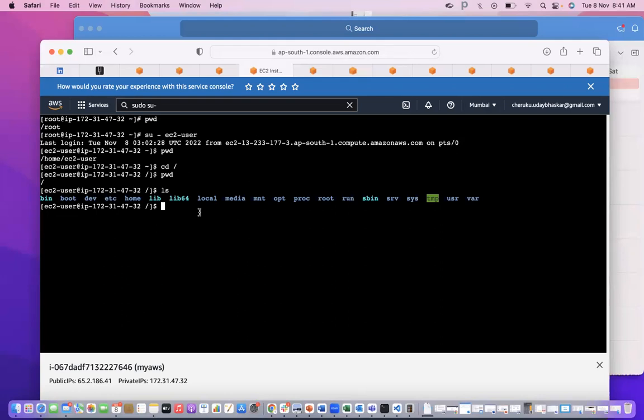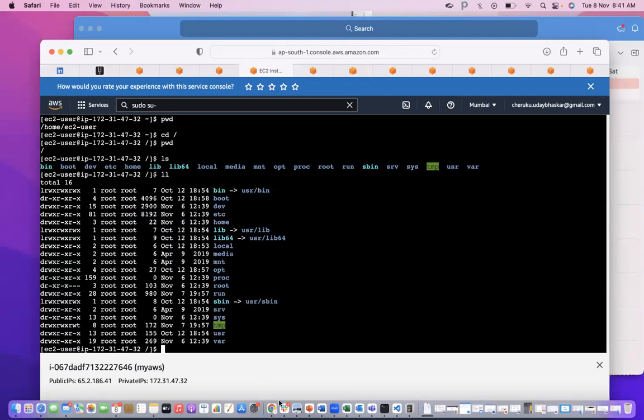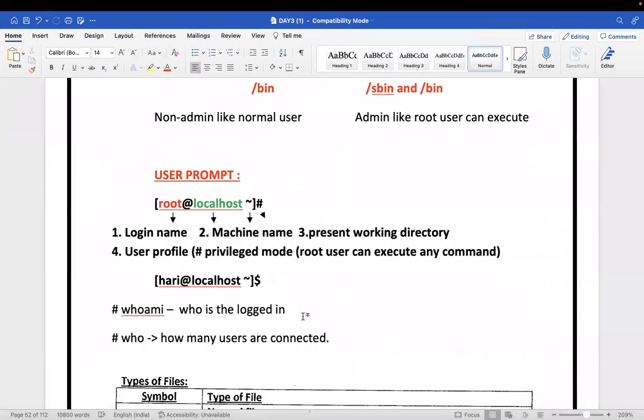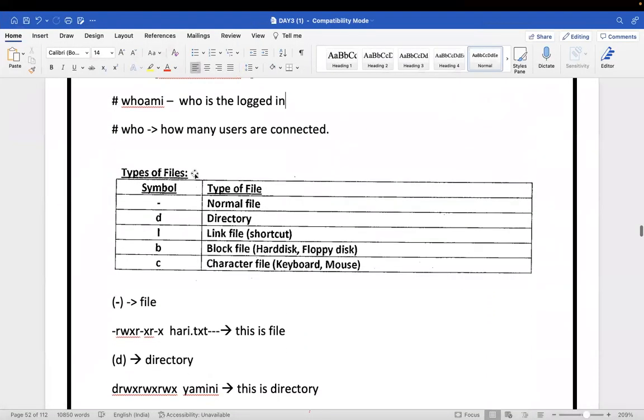By using the command ll. Types of files and directories, symbols: hyphen shows a normal file, d shows a directory, l shows a link file.